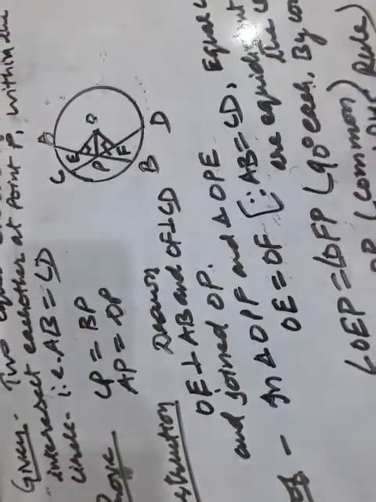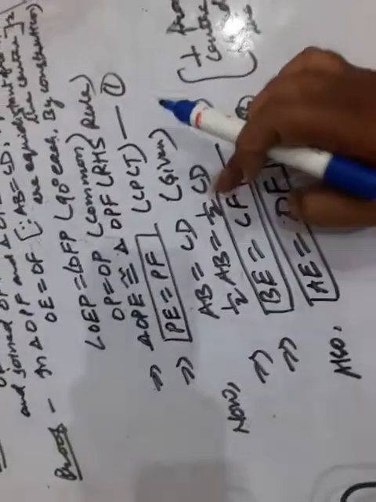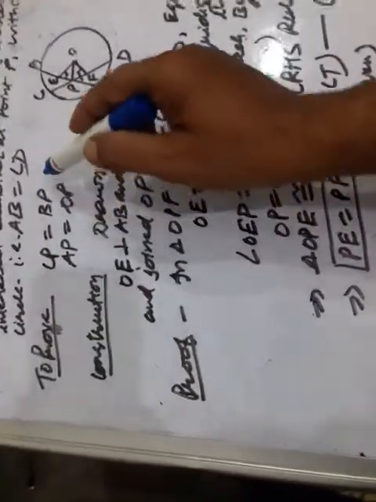Okay, so since AE equal to BE, here AE and BE are one side, clear, and similarly this OF is perpendicular to CD, it means that CF equal to DF, CF one side, clear, and in the third relation it is DF. Okay, now children, remember that what we have to prove is CP equal to BP.